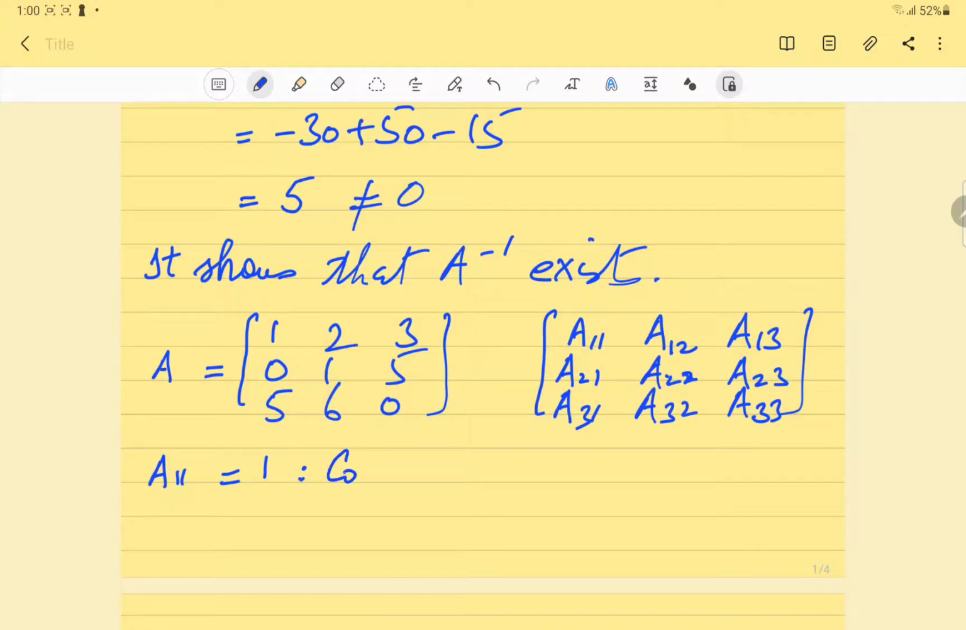Cofactor is equal to, how we do it, we will write -1, and here we will write the sum of the row and column position of that entry. So here, since it is 1 1, we are writing 1 plus 1 here, and multiply by